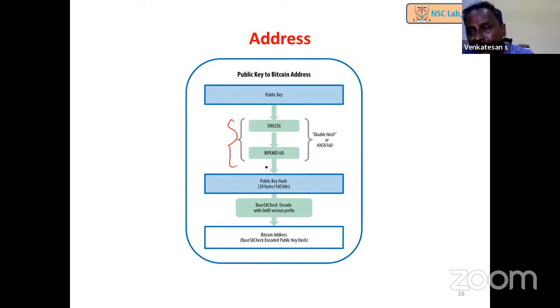However, in 2012, the sponge construction was introduced. Considering the length extension attack on the Merkle-Damgard construction, they came up with the sponge construction, which is used in the SHA-3 version of the hashers, or what they call the Keccak family. That algorithm is used in Ethereum, so there is no possibility of a length extension attack, and they are hashing it only once.